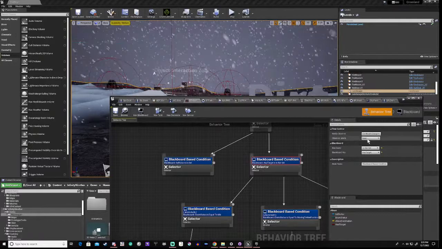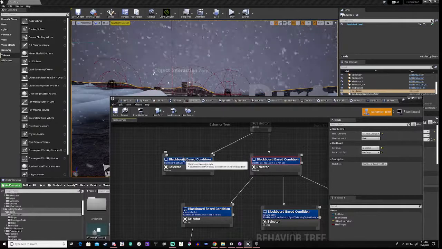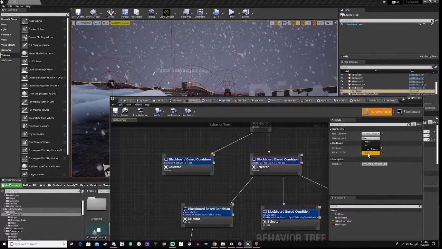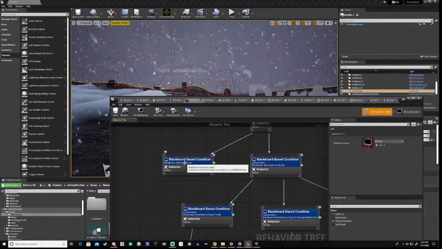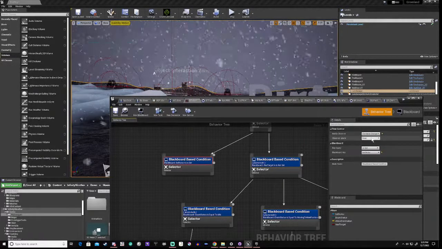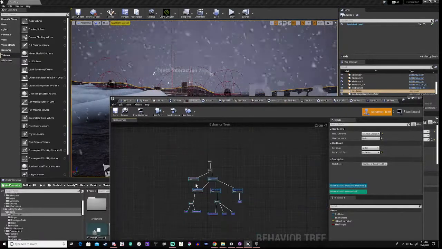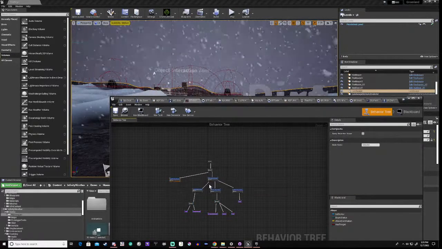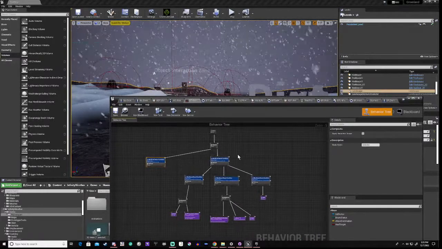On result change, this is on value change, observer aborts basically everything. Right, and the same for this one, on value change we abort everything. Right, so basically when this value changes, we either go back to pissing about,